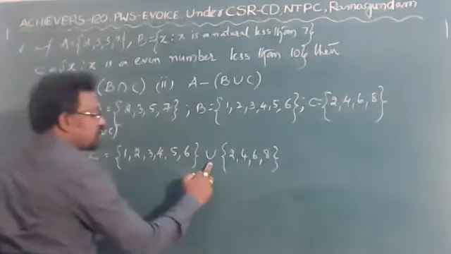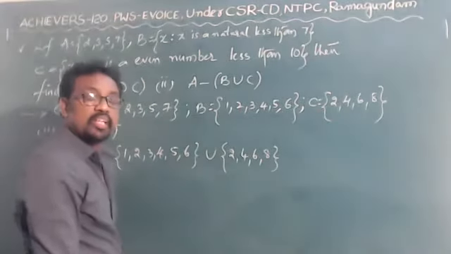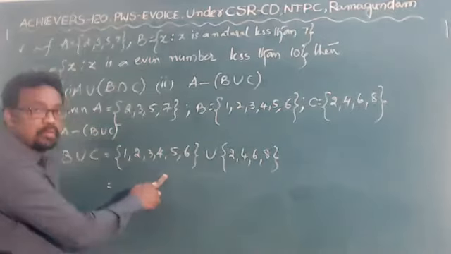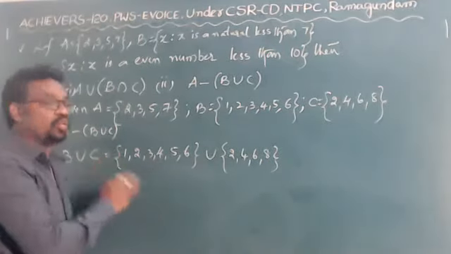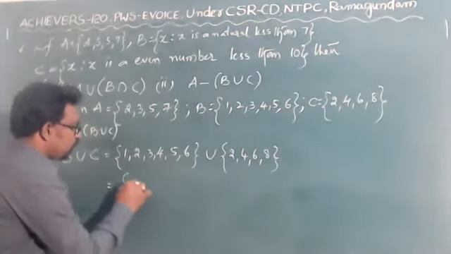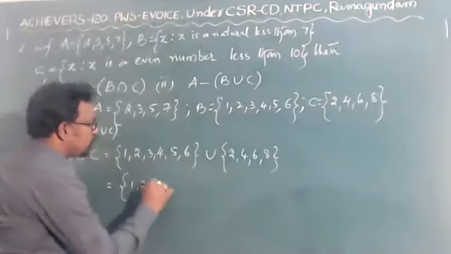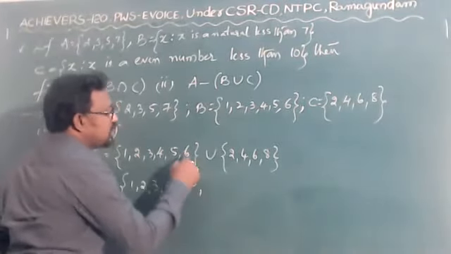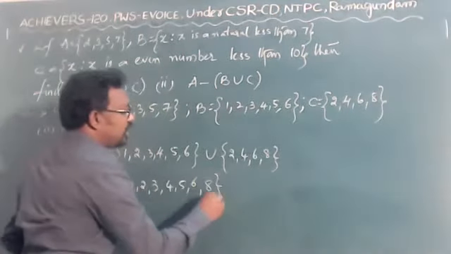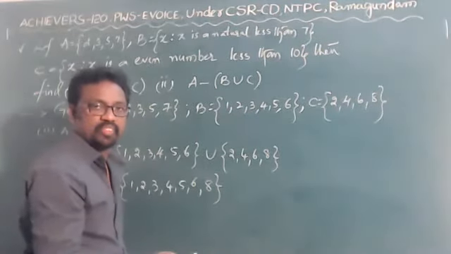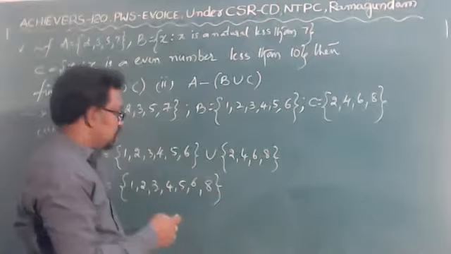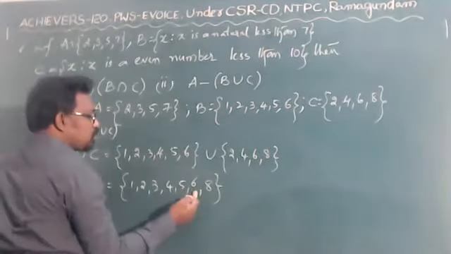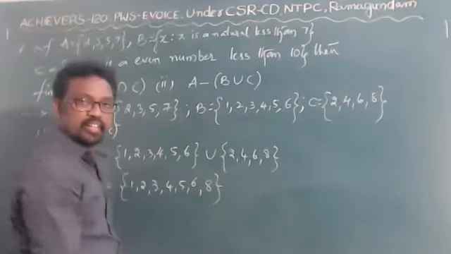Yes. What is the connection you have here? Union. Union in the sense, all the elements, whatever elements you have from these two sets, write down that in order. Yes, 1, 2, 3, 4, however up to 6 we have to write. After 6, what do you have left here? 8. There is no 7. Only 8 is left. I write 1, 2, 3 for union. Now all elements you have written in order up to 6. Then after that 8 is left, I wrote 8.